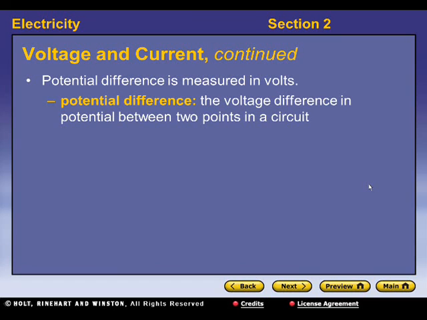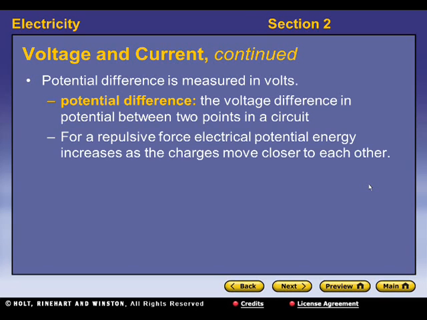So potential difference is measured in volts. The definition for potential difference is the difference in potential between 2 points in a circuit. It's hard to measure potential energy at a particular point, but it's a lot easier to measure the difference in those potential energies between 2 points. So that's what we actually measure as voltage, the electric potential difference between 2 points,